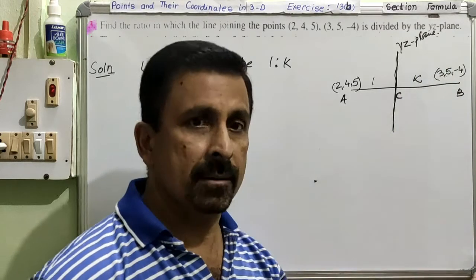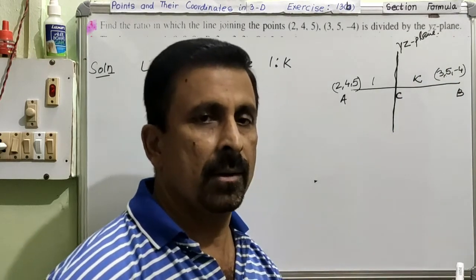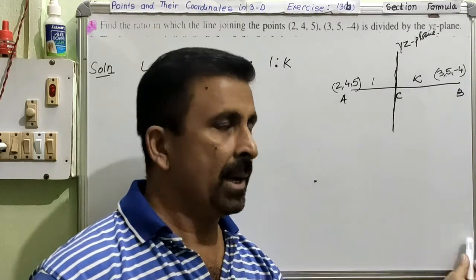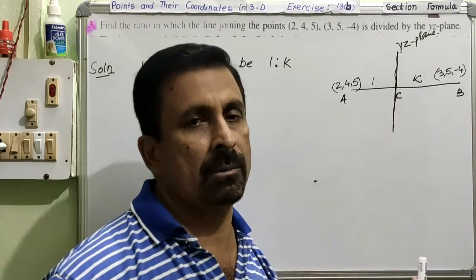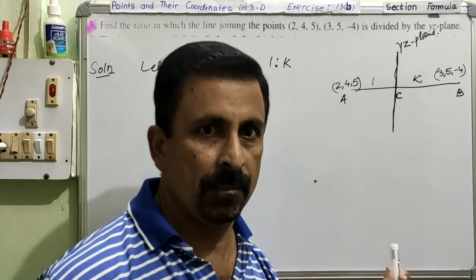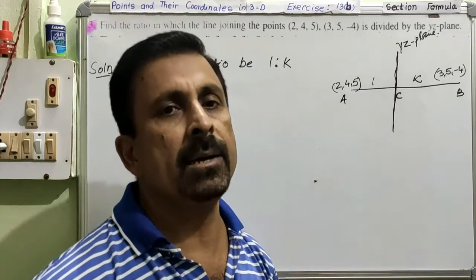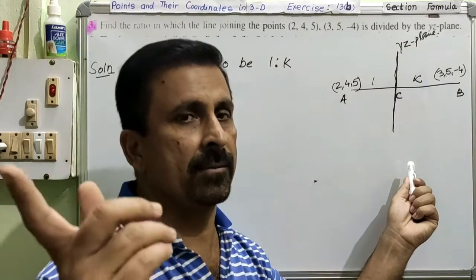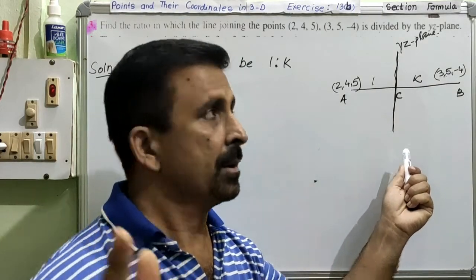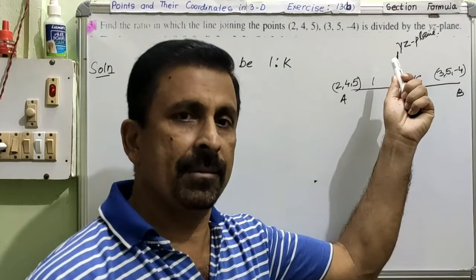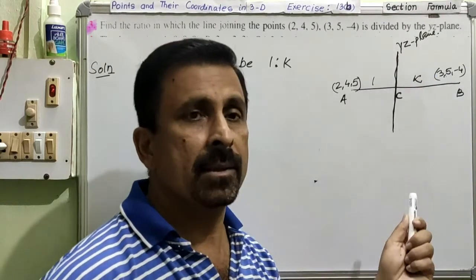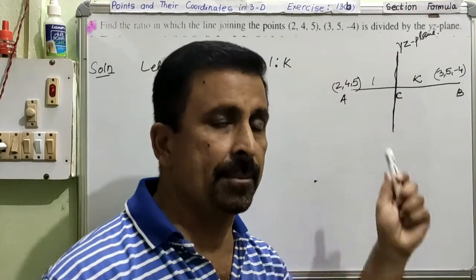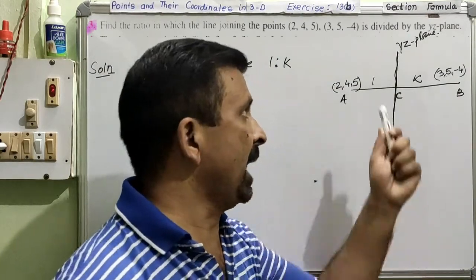From 2D, you have understood on the coordinate, on the x-axis, the value of y is 0, and on the y-axis, x is also always 0. This we already know, and the same thing we can apply in the plane also. So if the plane is yz, then your x part will be 0. This I also told you in the previous video. YZ plane, then which part will be 0? The missing part will be 0. And the missing part here is x. So therefore the x value will be 0.